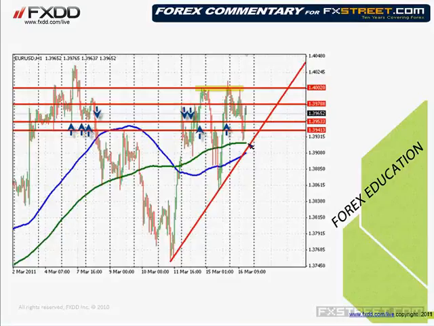The other thing that you want to look at when you use trend lines is to combine them with other tools that you may have, including moving averages. I use a 200 bar moving average. I use a 100 bar moving average. This is a 200. This is a 100. I will use those levels as support. And you can see here with the trend line and the 100 bar moving average and the 200 bar moving average, we're going to get a point here where the market's going to have a decision to make. And the more things that you can combine, including trend lines and moving averages, the better chance that you have of the market moving away